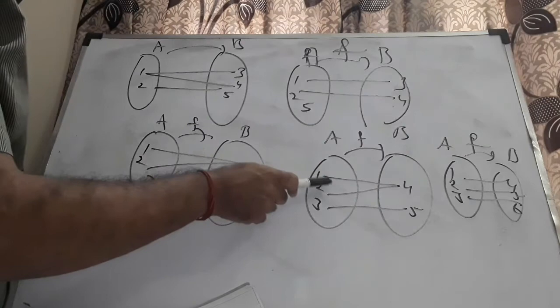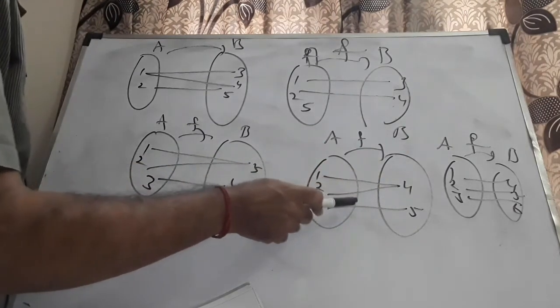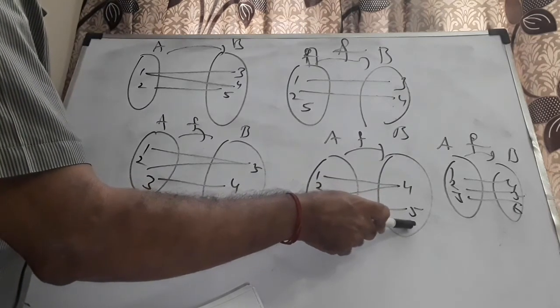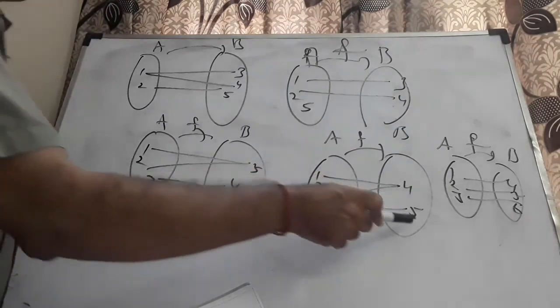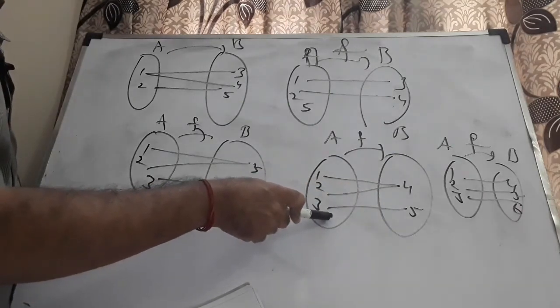Okay, here 1 and 2 move in the same train. Therefore, it is many to one. It's a function first of all. Then no element in B is left out. That is, every element here has a passenger. Every train here has a passenger. Therefore, it is many to one and onto.